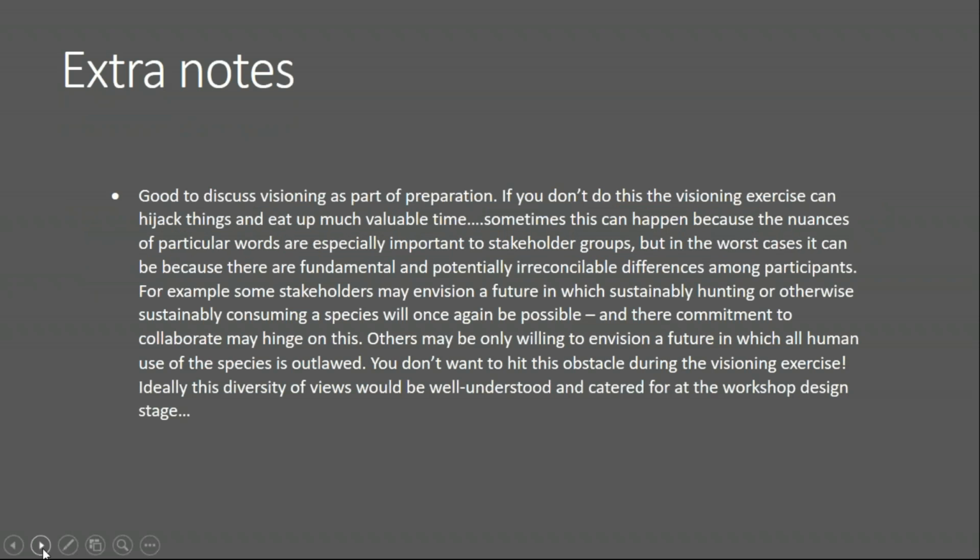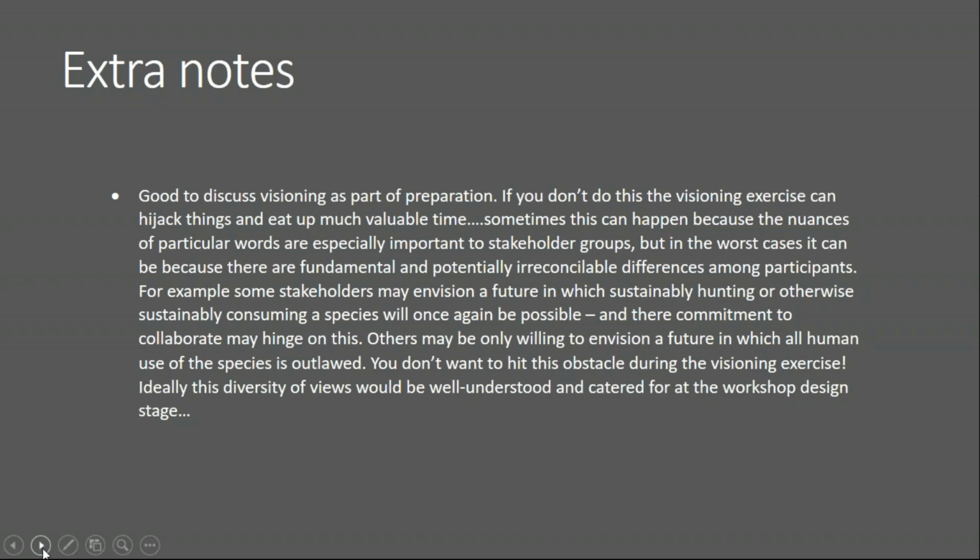And it is really good to discuss visioning as part of preparation, because it's useful to think about what kinds of things are going to be really important to people in the room to have captured in that vision. And some of the things that can come up in the visioning exercise can derail subsequent discussions. So it's good to get a heads up, because you might want to use a different process to avoid that kind of derailment. So, for example,